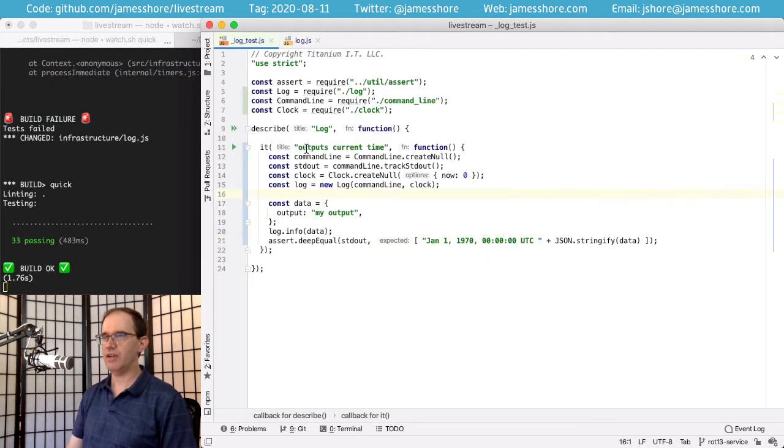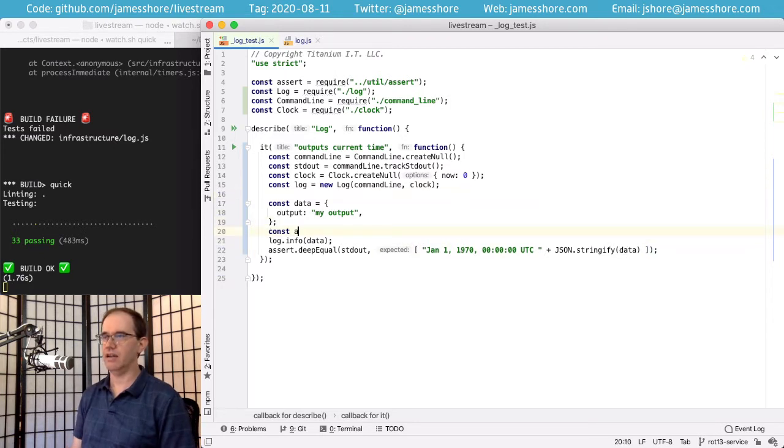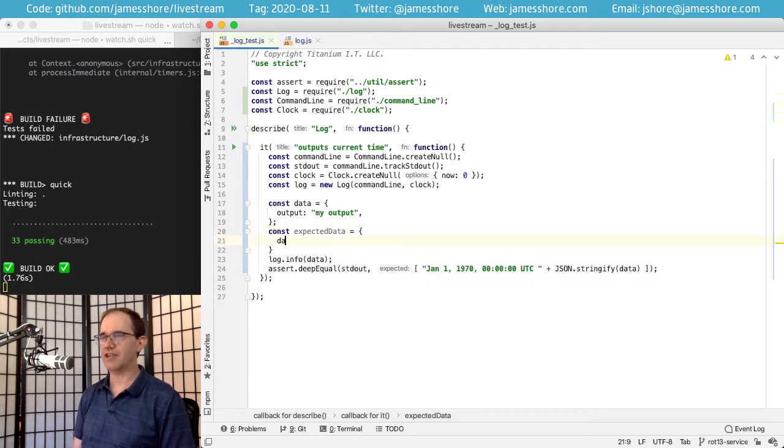Okay, we're almost done with the basics. I think we also want to log an alert level though, specifically the info alert level. So let's say that our expected data isn't just the output, but it's actually going to have an alert level as well.